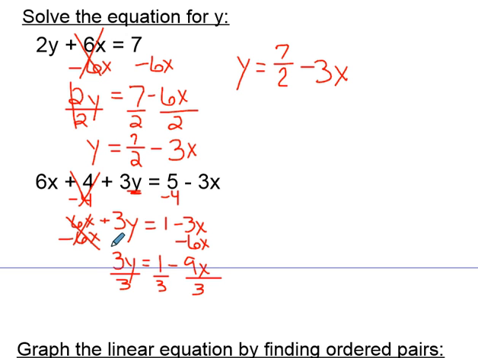It is a positive 6x, so I'm going to subtract 6x from both sides of the equation. And I'll write that underneath the other x term because those are like terms. This cancels. And I'm left with just 3y on this side. And on this side, I'll have 1 minus 9x. You can see I'm getting closer. Now the y is just multiplied to the 3. So I'm going to divide, but be careful, you must divide everything